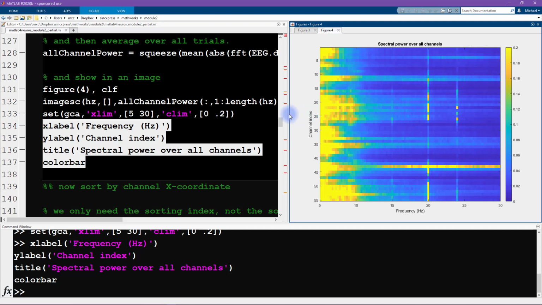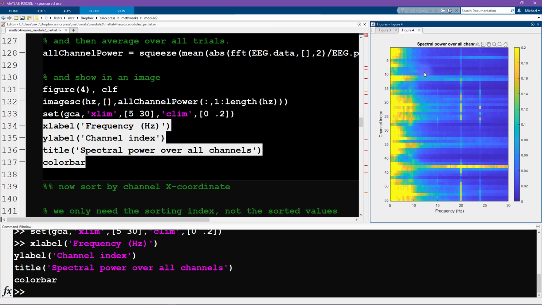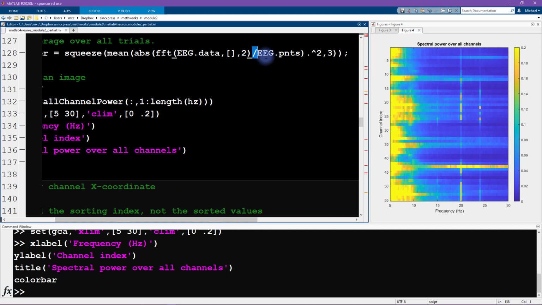Now, the reason why those two differ has nothing to do with an image versus a line plot, and it's not about computing the power for one electrode versus all electrodes. It's all about this little normalization factor that I added over here. On the one hand, there is a deeper theory to what these normalization factors are for, and that would be something you would learn about in a course on the Fourier transform. That theory is outside the scope of this course, but I do want to draw your attention to these